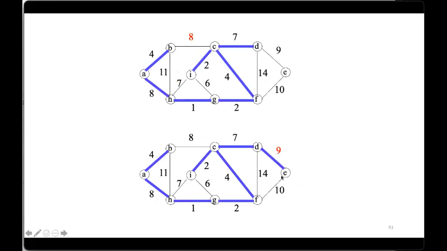So select it. Meanwhile, when you are selecting the minimum cost edge, you should also check the total number of vertices and how many edges you have selected. Now we have selected 8 edges and 9 vertices are there. So 9 minus 1, 8 edges. So we have to stop here. This is the minimum cost spanning tree for this given graph.